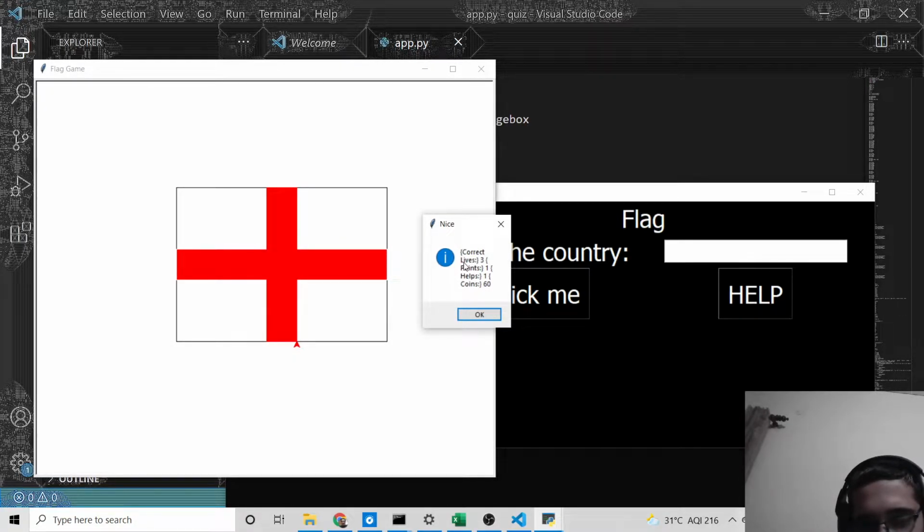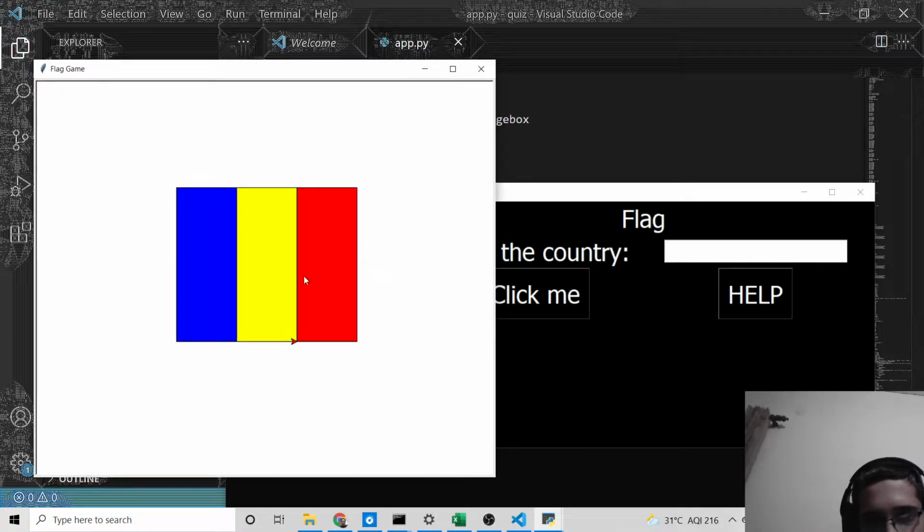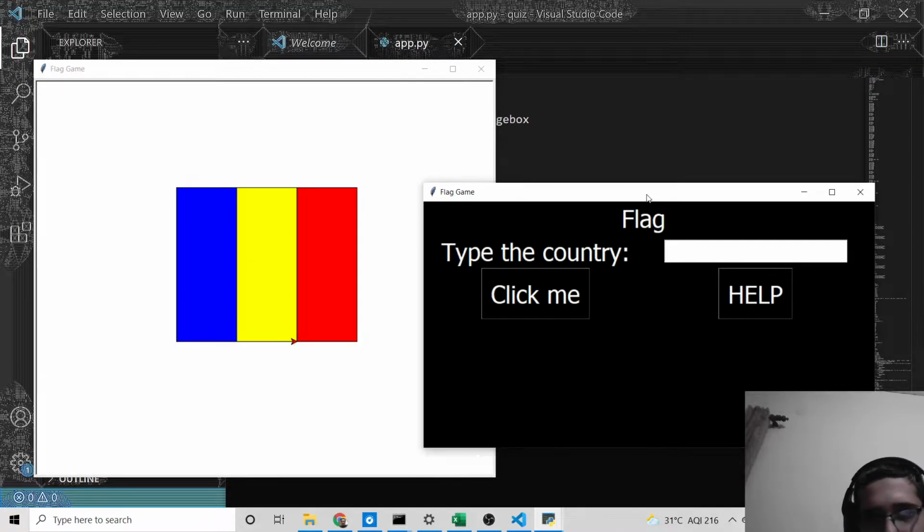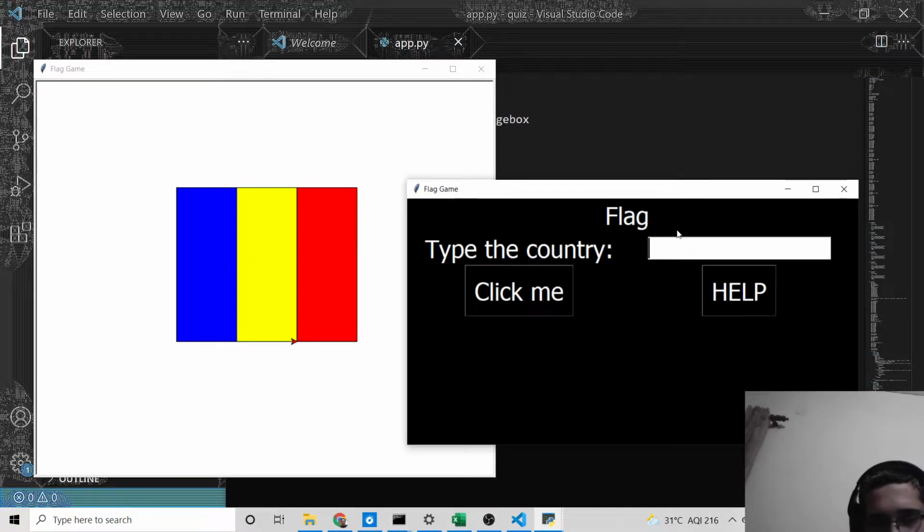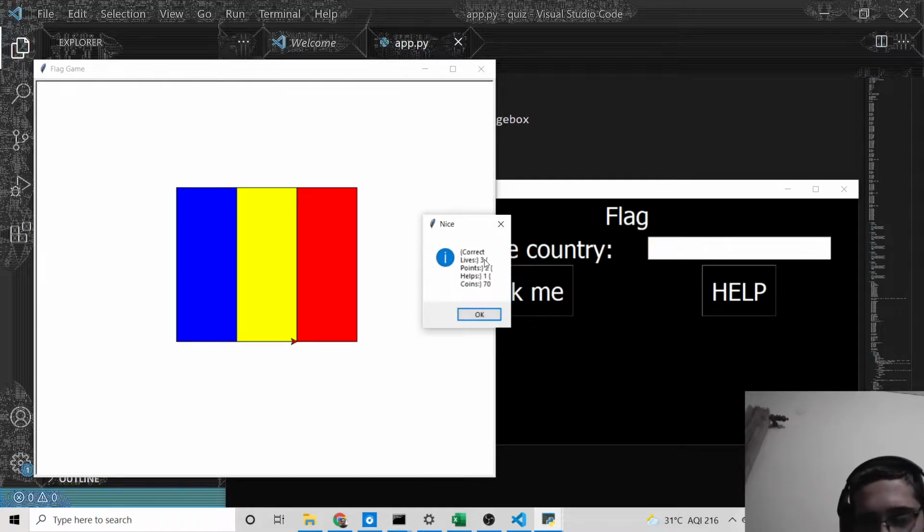You are given 3 lives, and you are given 1 point for each correct answer. Next, you can see again a flag is shown, which is Romania. I know this flag, so if I click, it is correct.